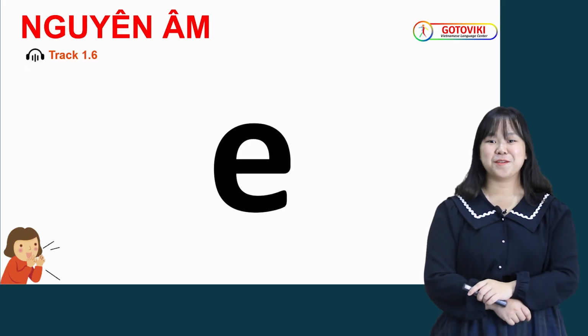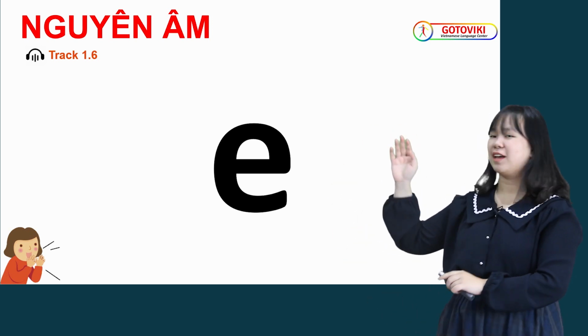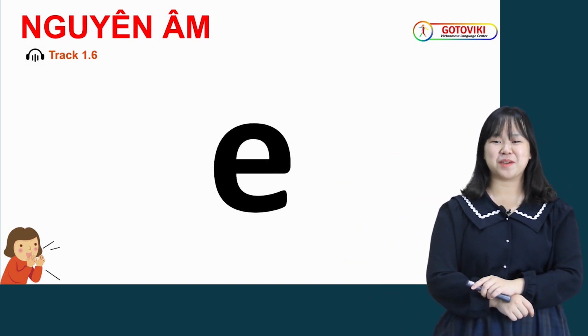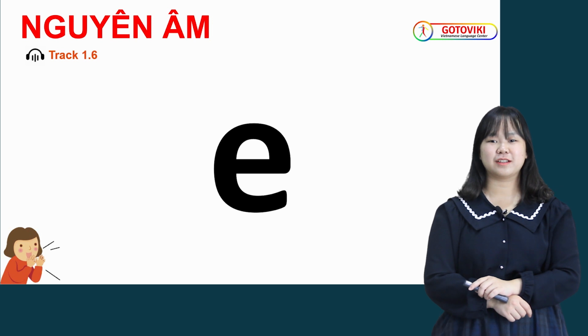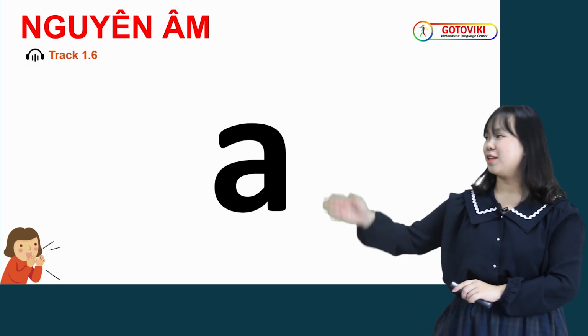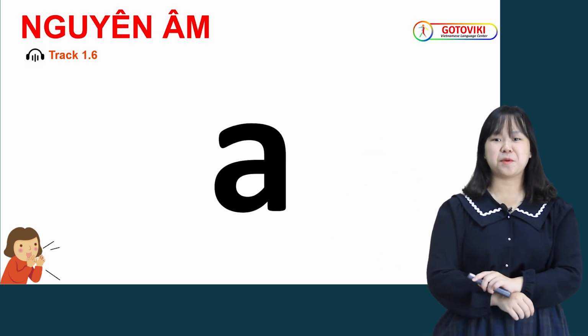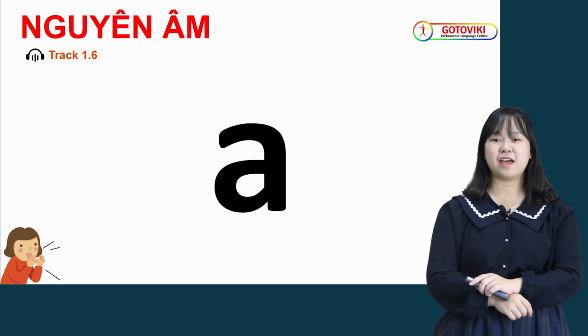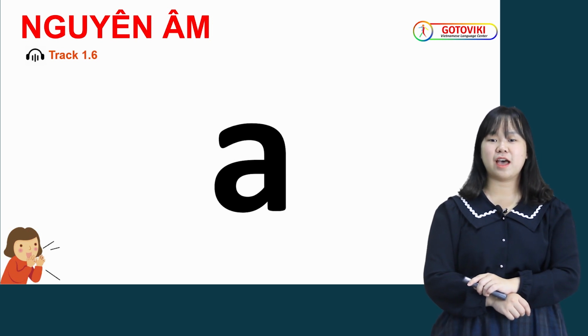Okay, now let's take a look and practice the pronunciation of each of them with me. First, we have E. Repeat after me. E. Next, we have A. Repeat after me. A. And finally, we have